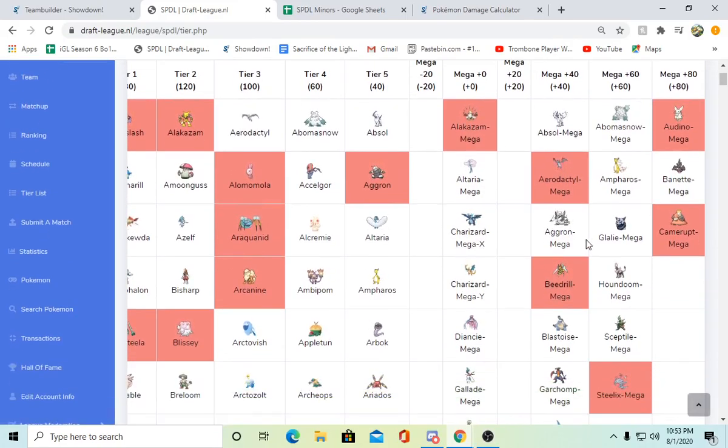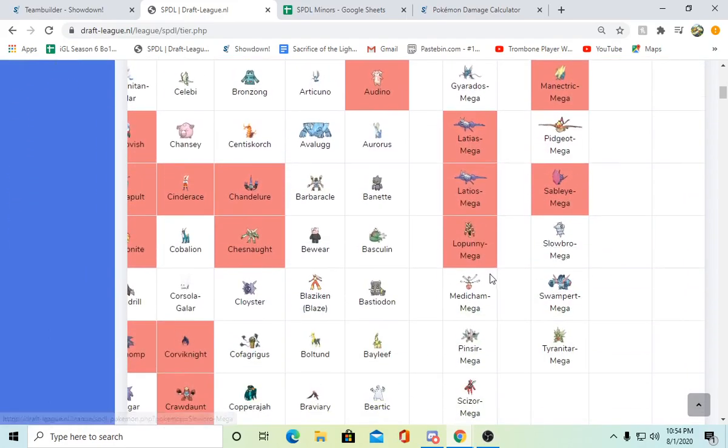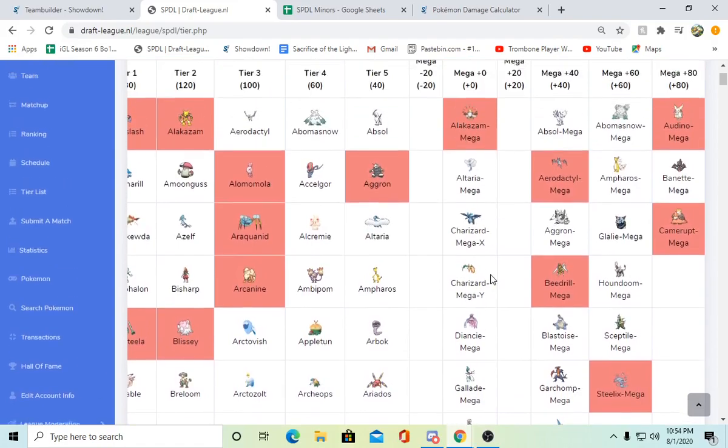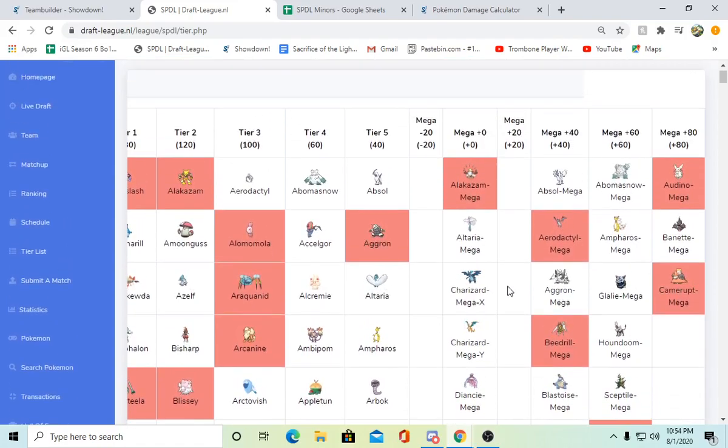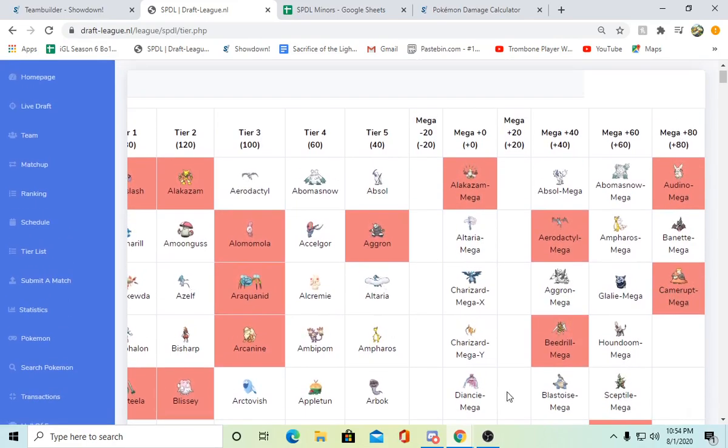Mega Aggron I think can be very interesting. I don't think it's necessarily very good though. Mega Bro can be very good. But I think the best one is, as you can see here, like I drafted this generation, or actually Steelix can be good. But I think Mega Camerupt is the best because it gives you so much points back, and because it works